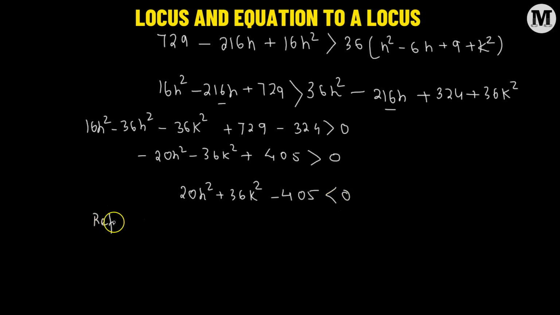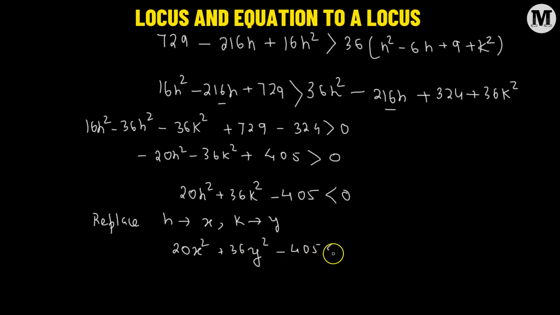Now finally, we're going to replace h with x and the value of k with y, such that we get the new inequality 20x squared plus 36y squared minus 405 less than 0. So this is going to be the equation of the locus of the moving point. So therefore, let's write it down. Therefore, this inequality is the locus of the point which we chose, P, and we chose that it had the coordinate h, comma